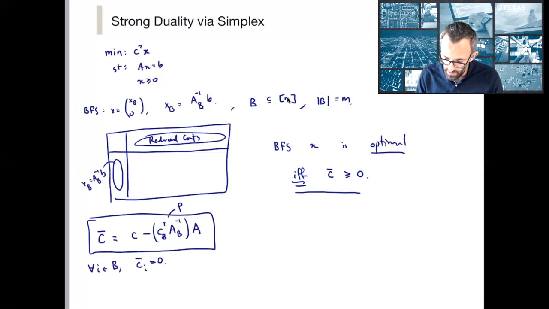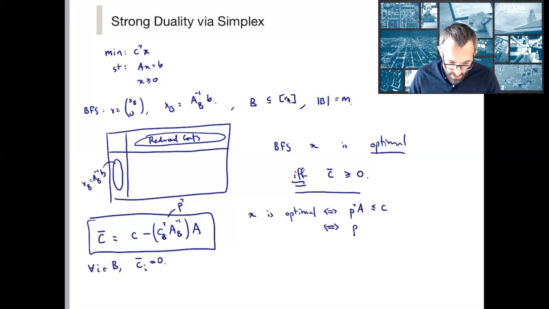What this expression, P transpose, is exactly saying is that X is optimal if and only if, what does this expression say? P transpose A is less than or equal to C, which is exactly saying